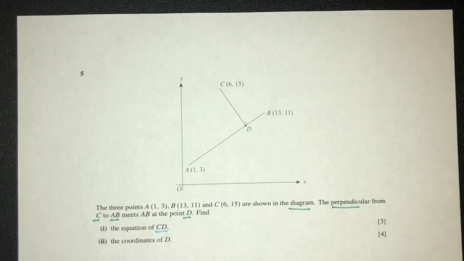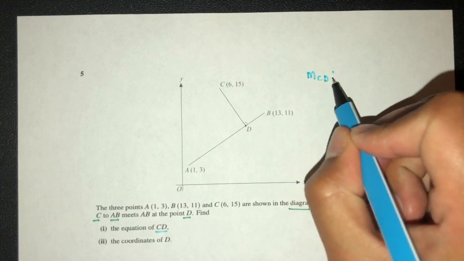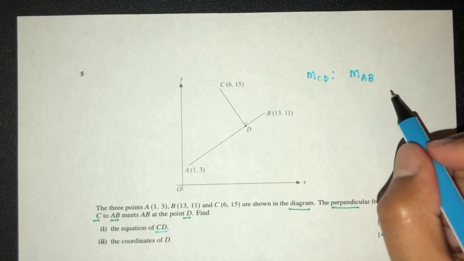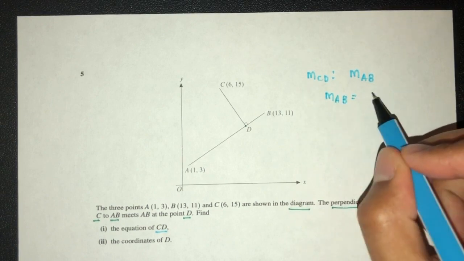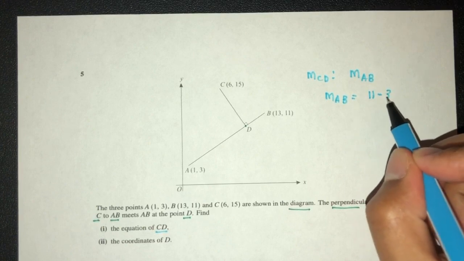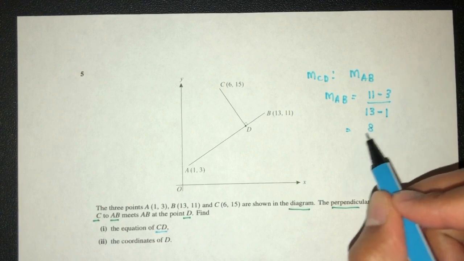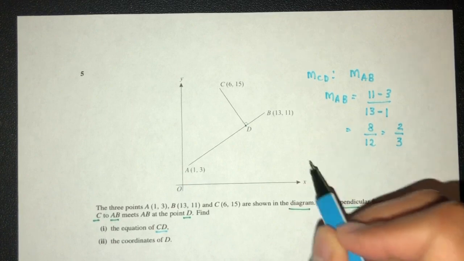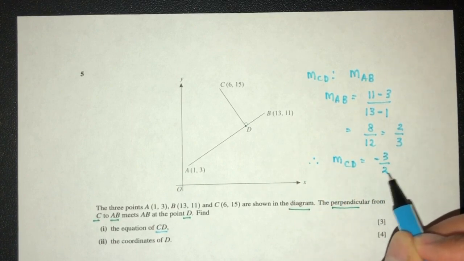To find the equation of a straight line, we need to first find its gradient. So for the gradient of CD, we have to first find the gradient of AB. Because they are perpendicular, we can form a relationship to find the gradient of CD. So gradient of AB first, it is going to be y2 minus y1 over x2 minus x1. That should be 8 over 12. That should be divided by 4. You have 2 over 3. From this, we can find out the gradient of CD has to be minus 3 over 2 because they are